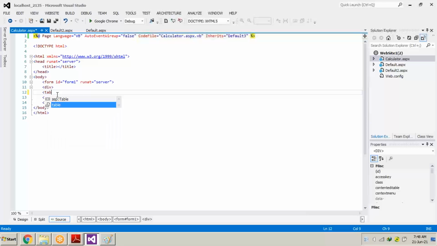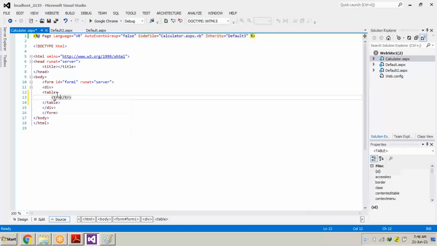We will write TABLE, then press Shift and greater than, and the entire table tag and the closing tag also get completed with it. We will press enter once to leave a gap.